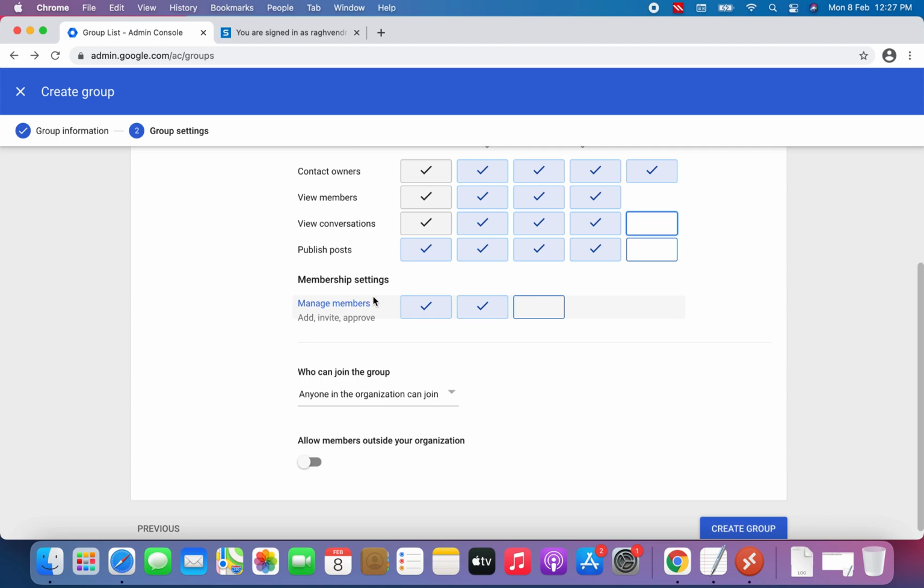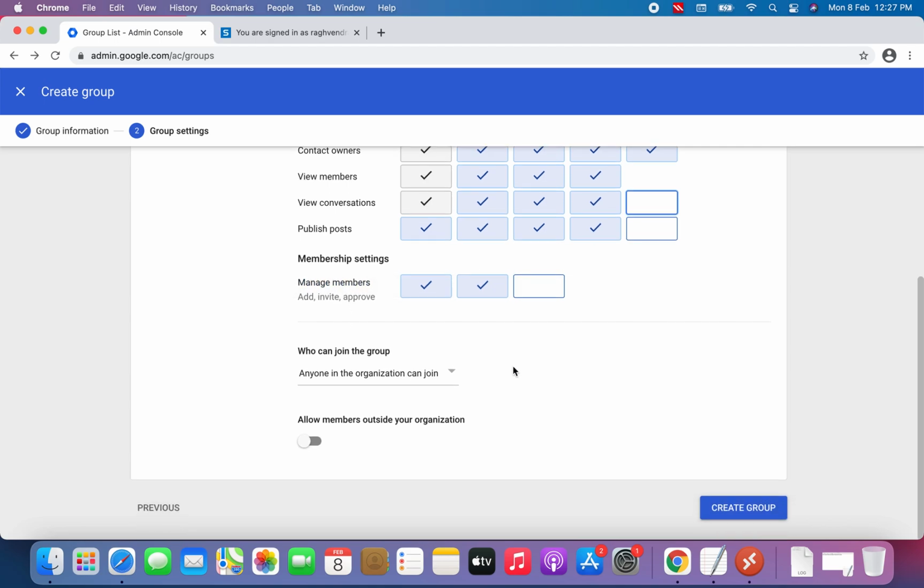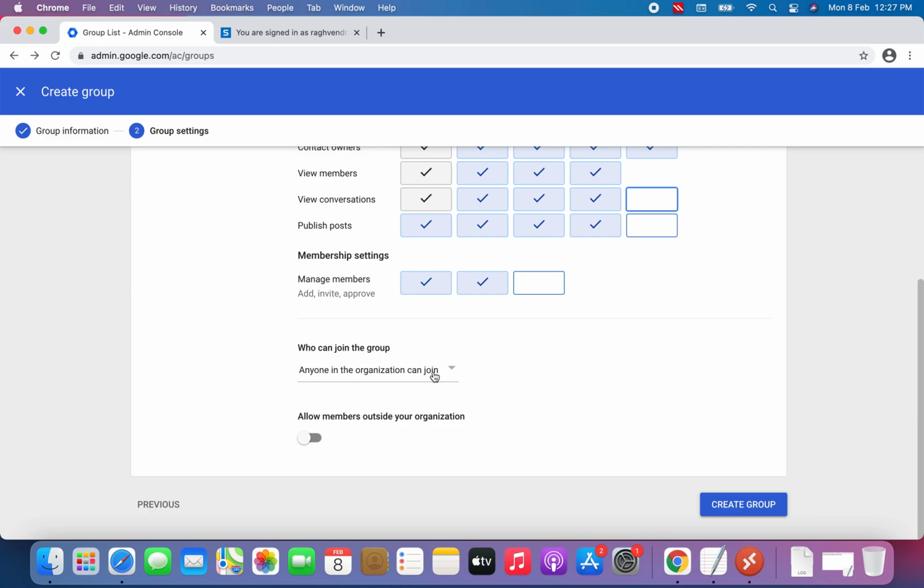Here is the membership setting: manage members, add, invite, approve. Who can join the group? Anyone in the organization can join. Let's click on that. Here you can see only invited users, which means an invitation will be sent to the particular user who can join this group. Or there is this tick box for members outside your organization.